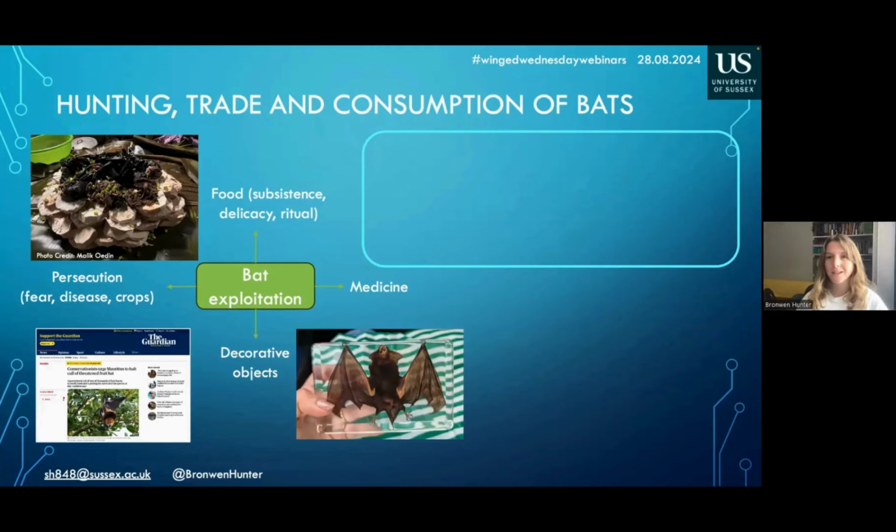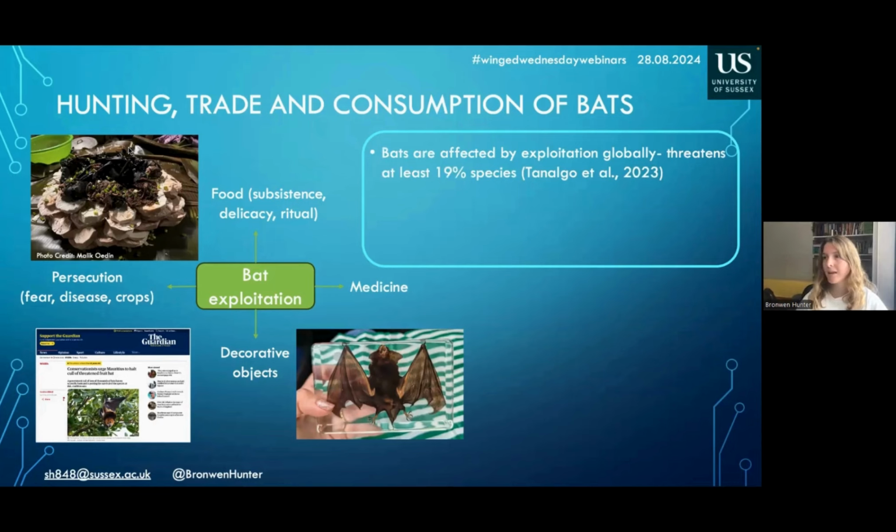This is something that's kind of new, and I'll talk a bit about this later on in the presentation, but one thing that's also emerged in recent years is that bats are also being traded as decorative objects, so preserved specimens are being traded as decorations.